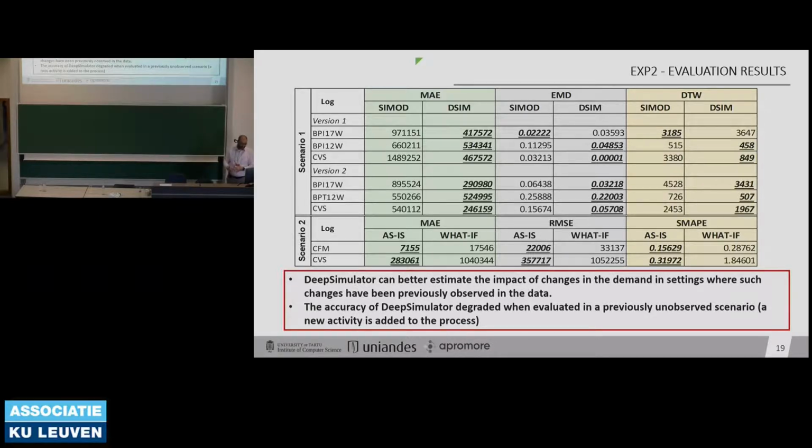And in scenario number 2, we have some trouble, because as we expected, the deep learning models are not able to reproduce very faithfully this kind of introduction of new activities, right? But there were some other observations that gave us some expectations for future work.